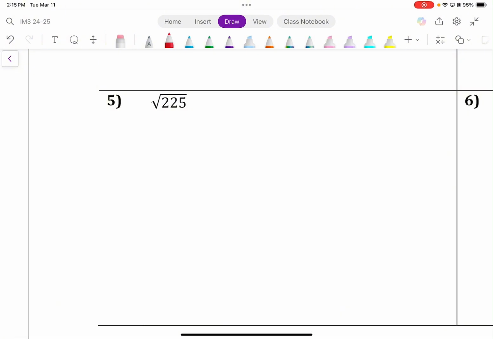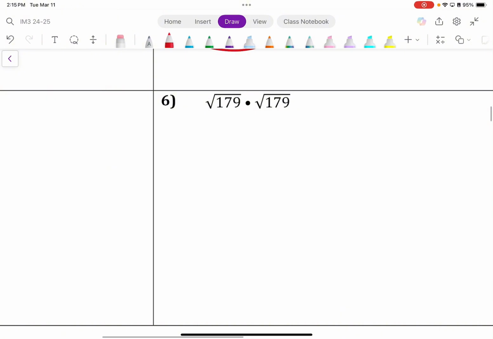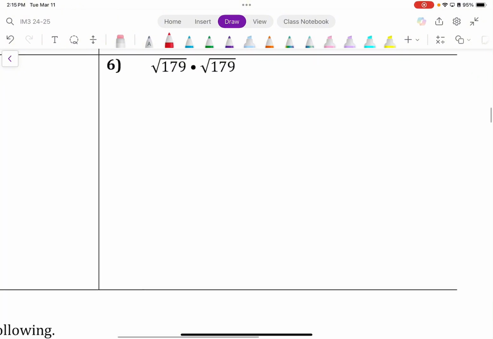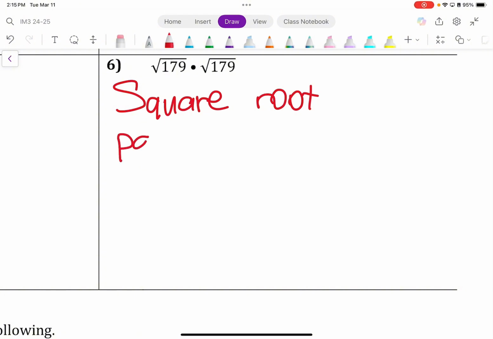What is the square root of 225? 15. Finally, this one, which you guys didn't do. It's because I want you to write the following. Square root pairs